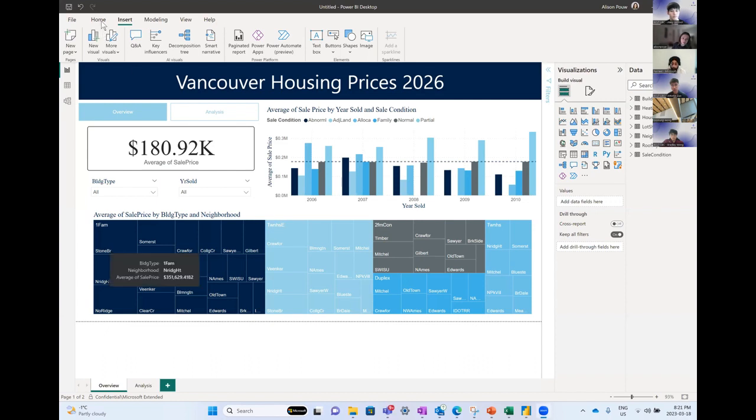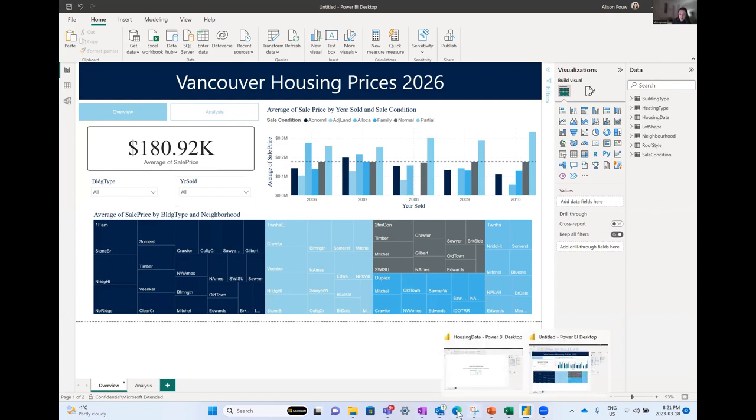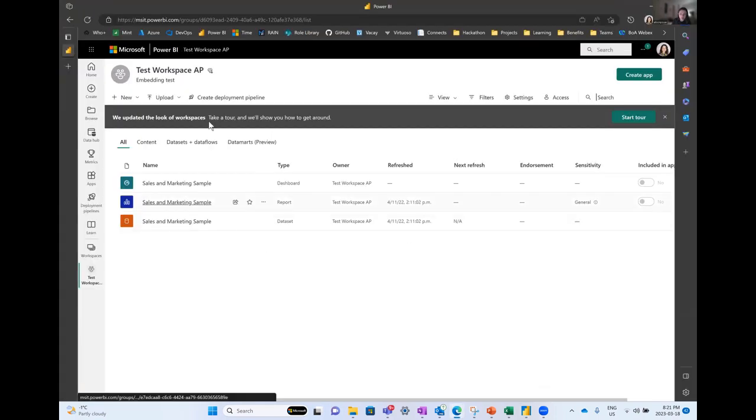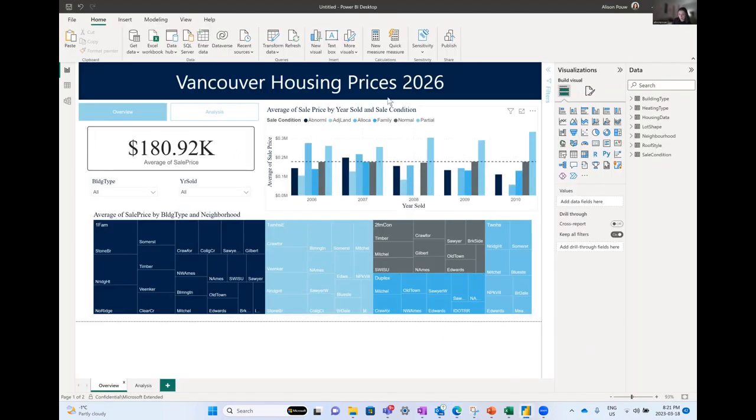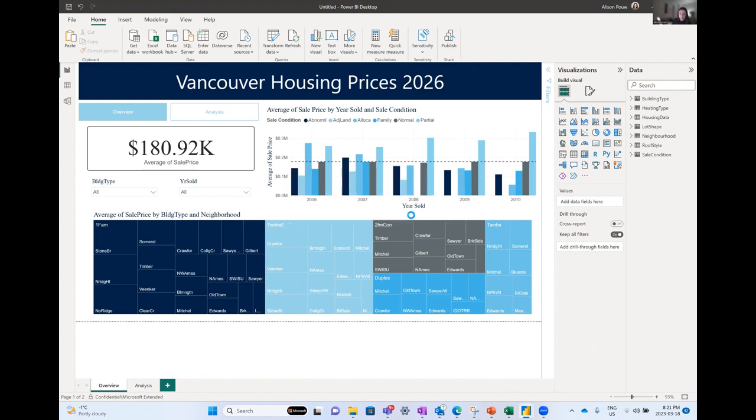Okay, so for the last piece, we'll go back to Power BI service, the web version. Have Power BI service up, then you'll be able to see the publishing of your report. If you're able to pull that up and sign in, that would be a good first step. Essentially we're going to go to our home tab and click publish. I haven't saved my report, and that's a bad practice, but we'll click save,